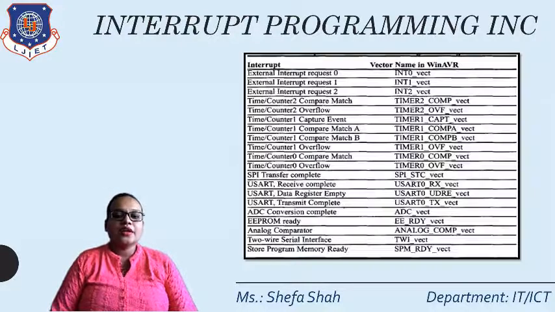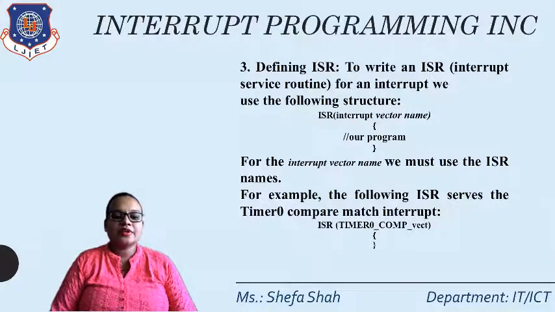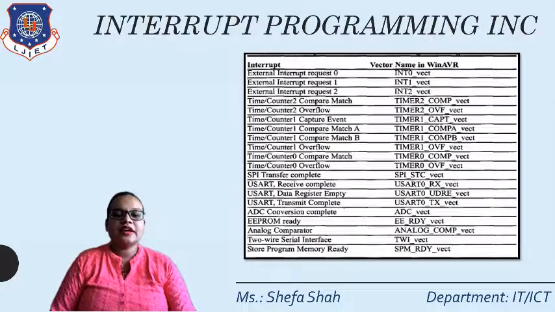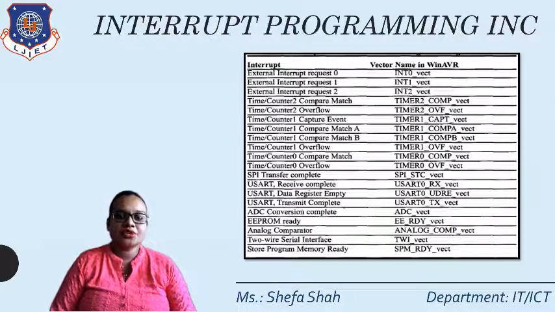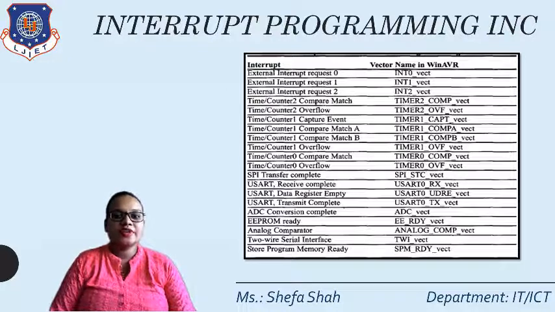Now, here in this table, we have seen in the last session the various addresses related to timer and counter interrupts. In this, how the vector name can be given to a particular interrupt has been defined over here. So whenever we need to find it, let's say first the external interrupt 0. For external interrupt 0, the vector name is INT0 underscore vect. Similarly for 1 and 2.